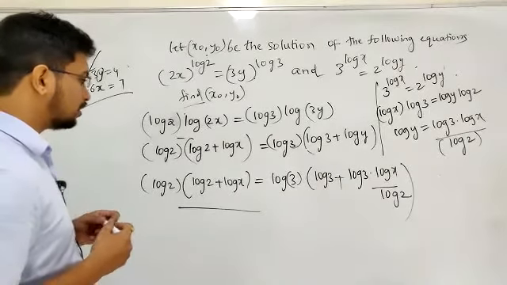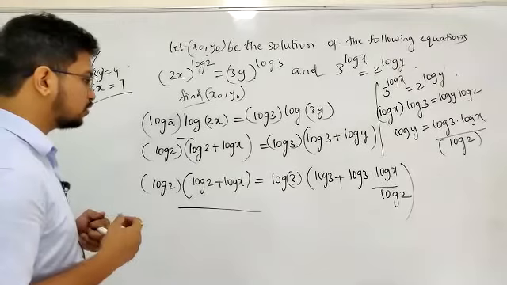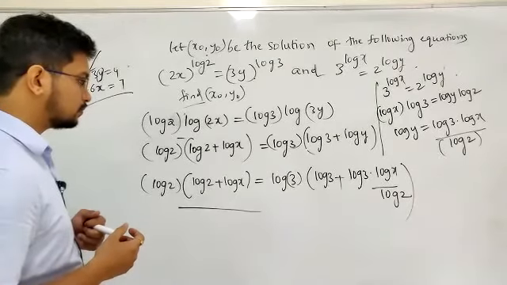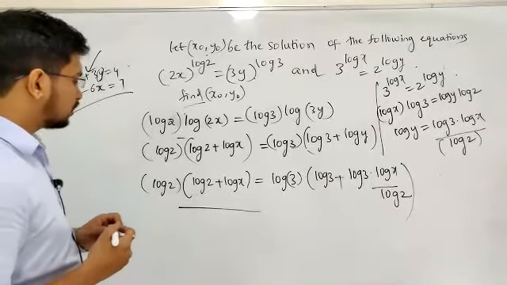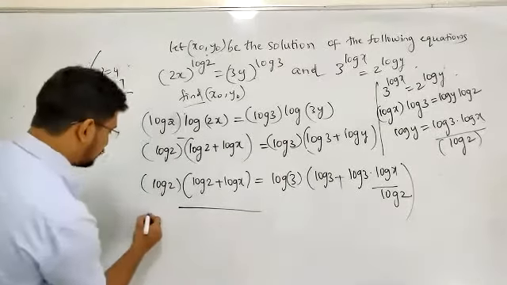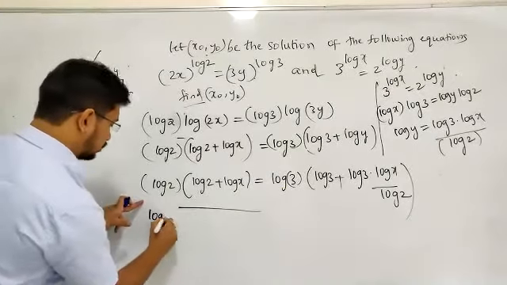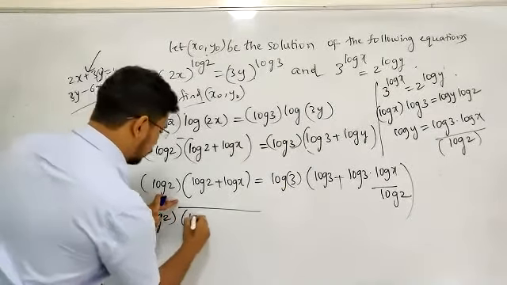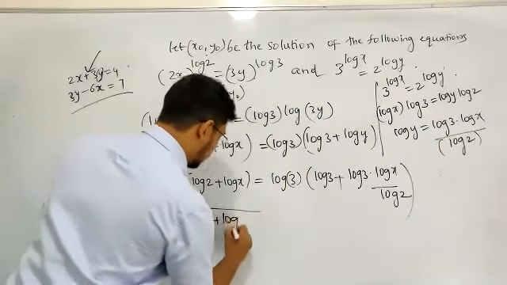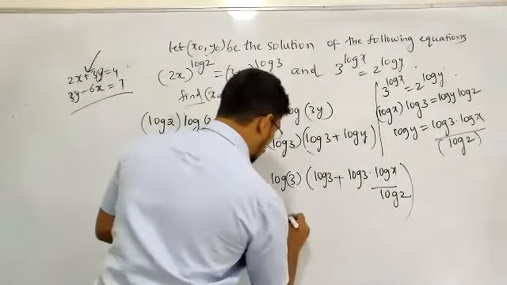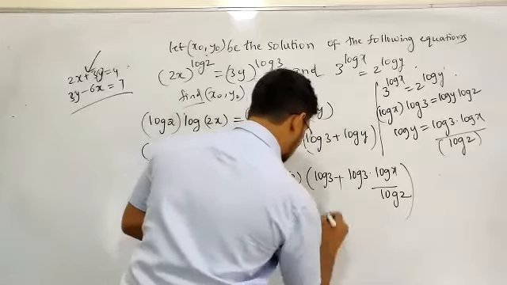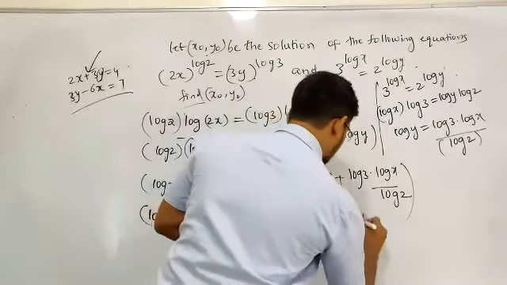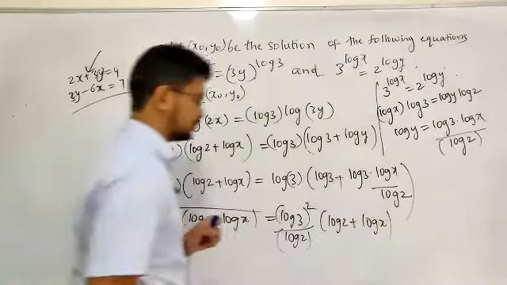Just hold on a minute. I might have written this question wrong. So this is what they gave you. So I got something like log 2 plus log x. So once this is obtained, you'll be getting log 2 into log 2 plus log x. I'll take LCM here. So this is becoming log 3 whole square by log 2 into log 2 plus log x. This is what is given in the question.